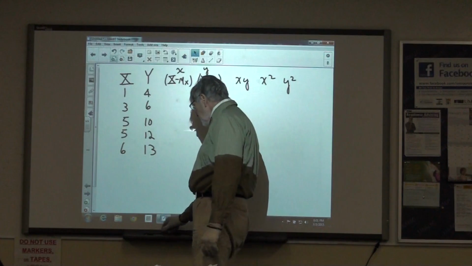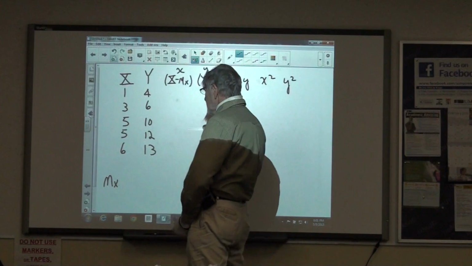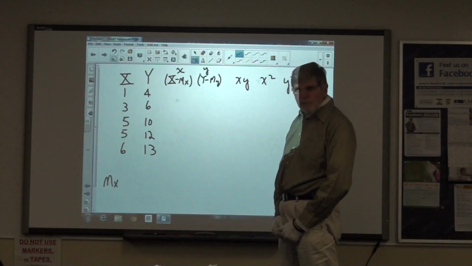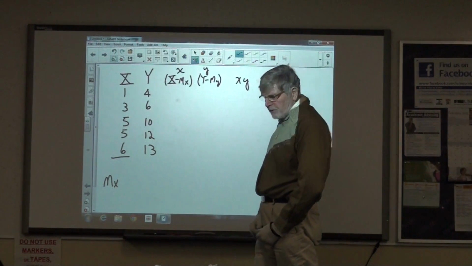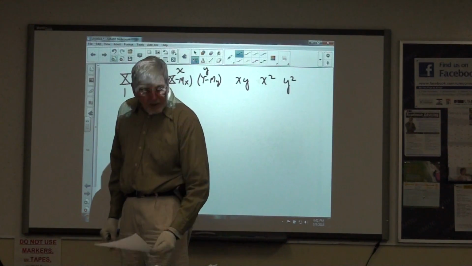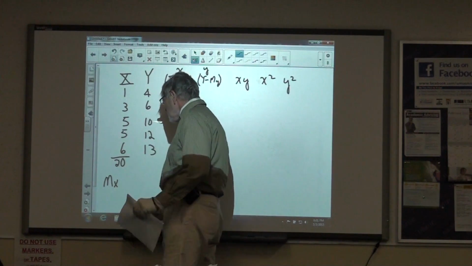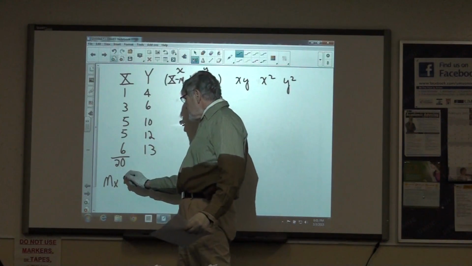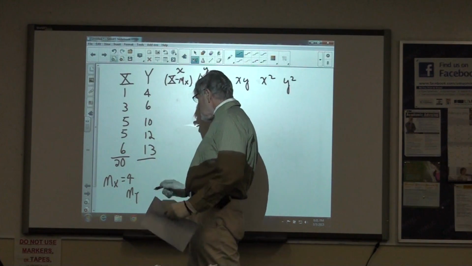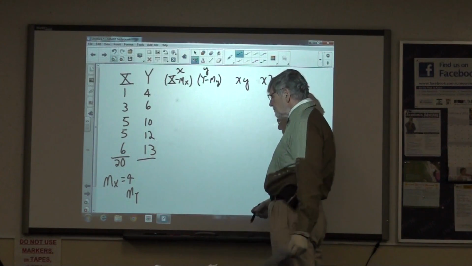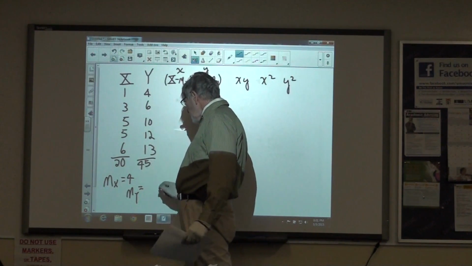So the first thing that we have to have is the mean of x. Now, Lane calls this m sub x. So you have to total this column. What do you get when you total that column? 20. So how many data items are there? Well, m of x is 4, agreed? Now we need m of y. Let's total that column. 45, so m of y equals